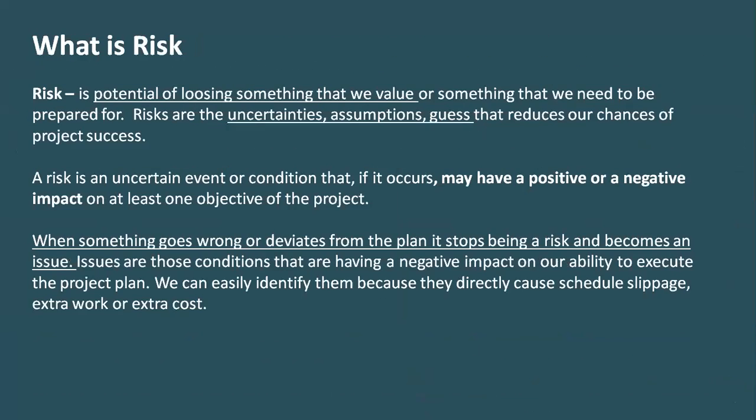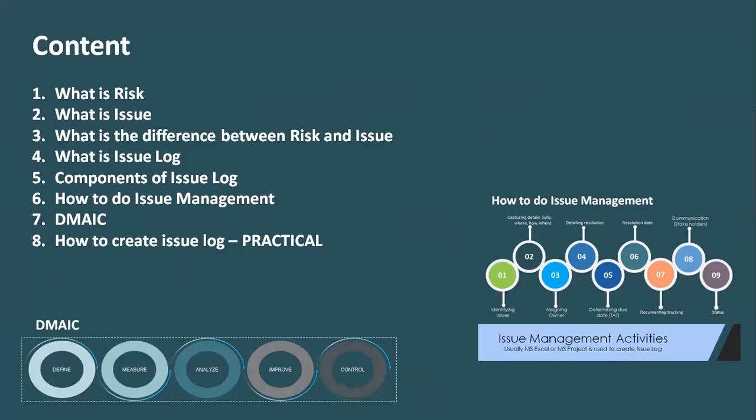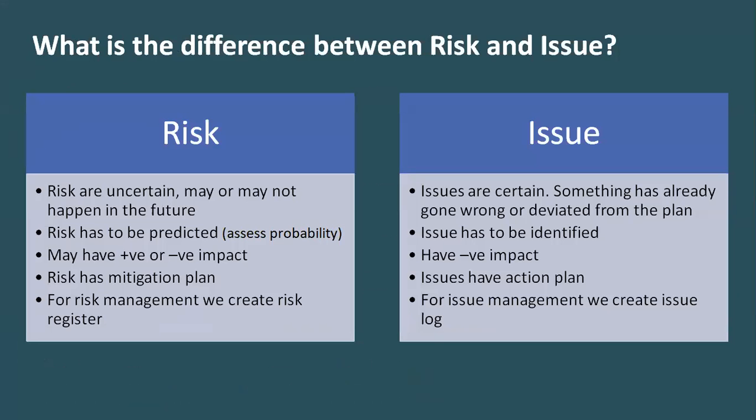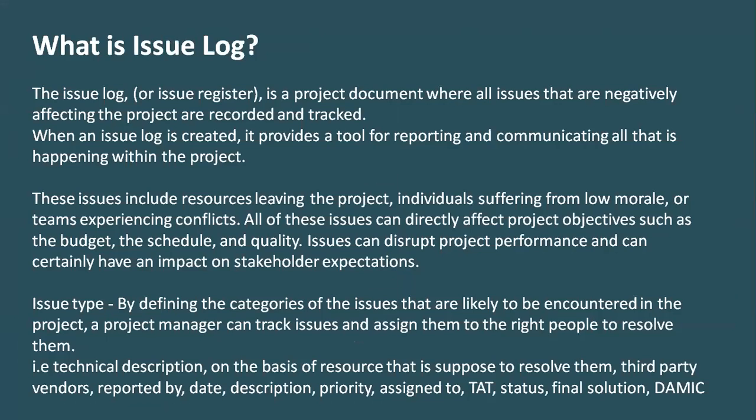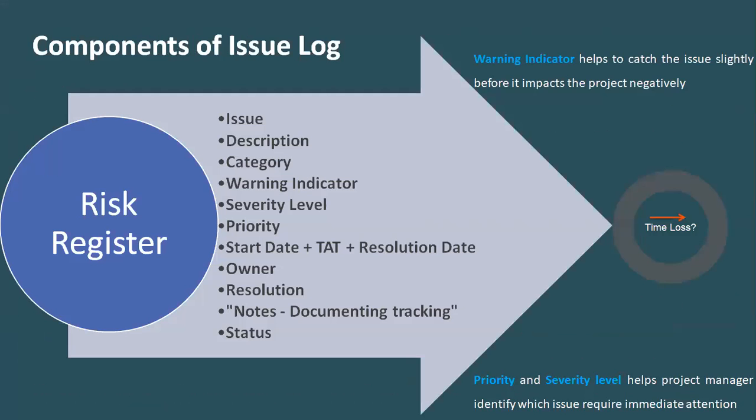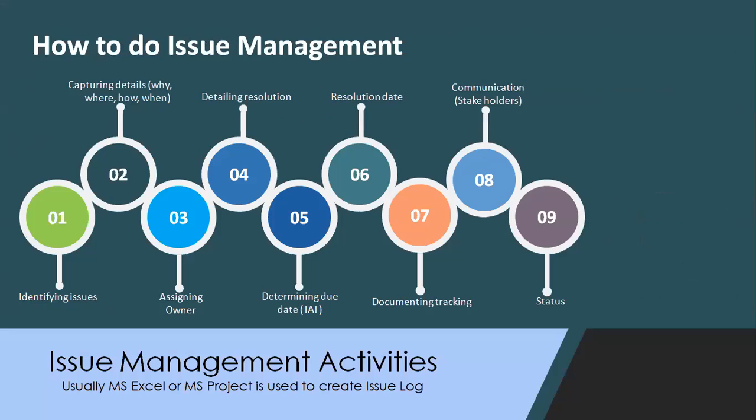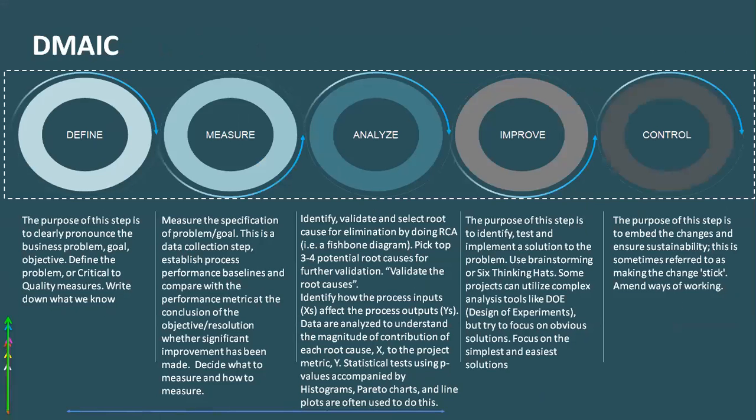All right, guys, let's do a recap. What is risk? Risk is something that it's a matter of chance. If you're leaving something for a matter of chance, that's risk. It's always in future. And if it is in the present scenario, something which is impacting our project currently and has to be acted upon, is an issue. We took a look at what is the difference between risk and issue, how to create an issue log, why it is important, components of issue log, how to do issue management, and one of the favorite methodologies, the DMAIC